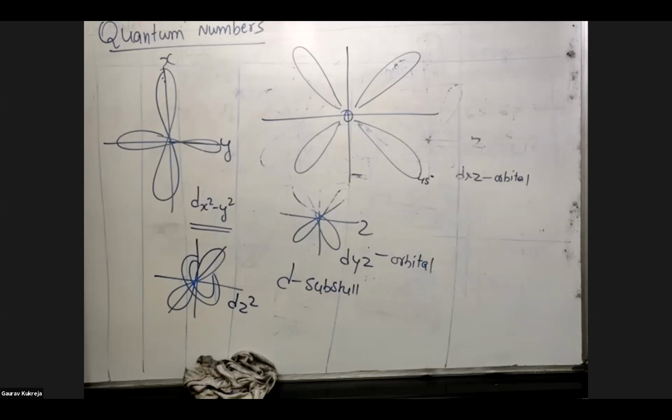So, can we say that F is further away than D? Can you say what? F shell is far away from the D subshell. Yes, you can say. So within the shell, if you're talking about 4s, 4p, 4d, and 4f, definitely 4f is somewhat far away from 4d. That is true.